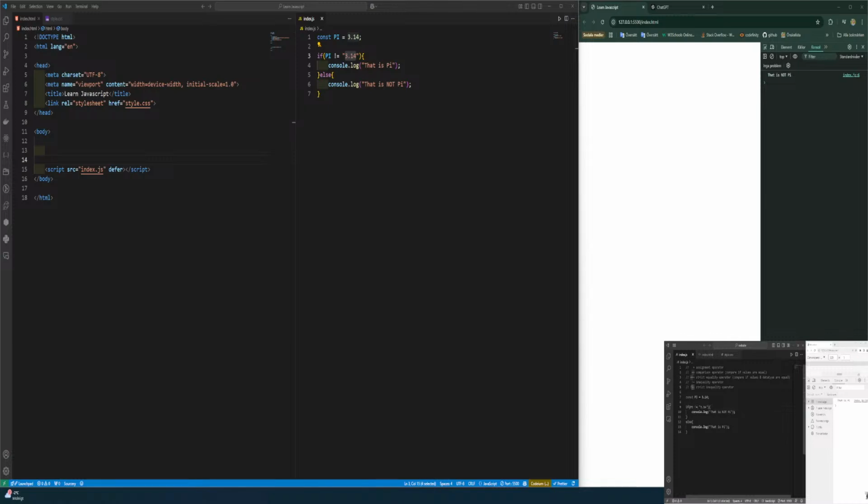Then there's the strict inequality operator. An exclamation point and two equal signs. Are the values or the data type different? So in this example, that is not pi. They have the same values, but the data type is